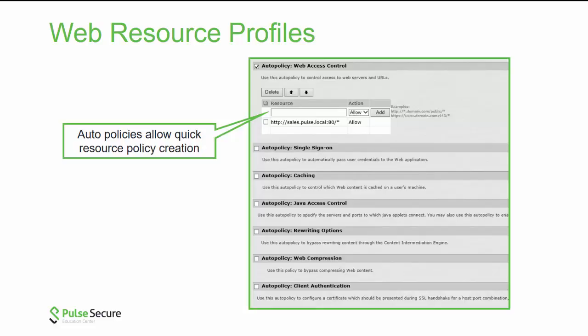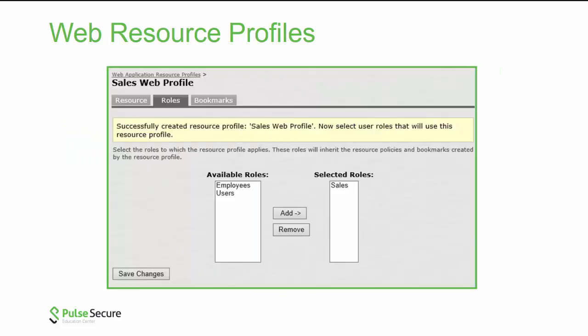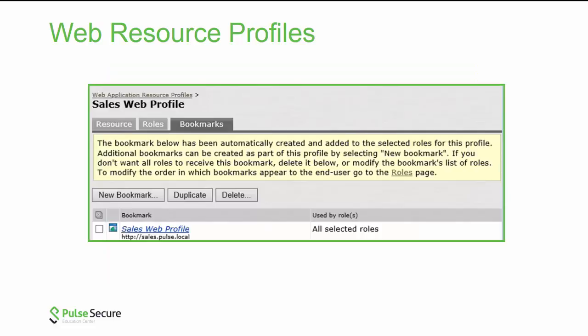Within a resource profile, you can assign user roles to the profile. When you assign user roles to a resource profile, the roles inherit all of the auto policies and bookmarks defined in the resource profile. When you create a resource profile, Pulse Connect Secure generally creates a bookmark that links to